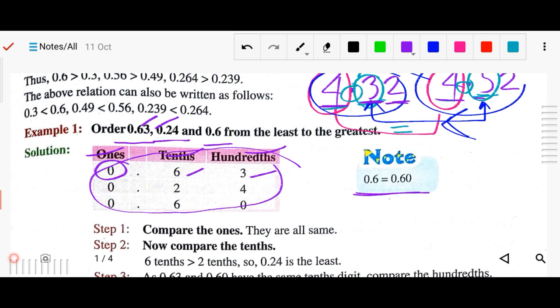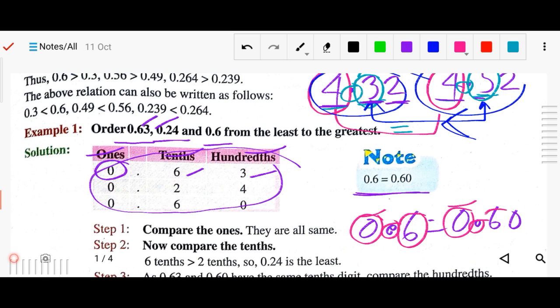0.6 equals 0.60. Here you can see 0.6 is equal to 0.60. If you compare them, the extreme left digit is 0, and here is also 0, so both are equal. Now next, 6 is here and here also 6, so both are equal. Now you can see here is an extra 0, but here there is no 0. As I told you, once your decimal digits are finished, if you put an extra 0, it will not change the original value. Both are the same; you can add a 0 here also, no problem.